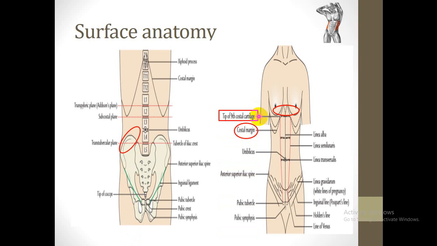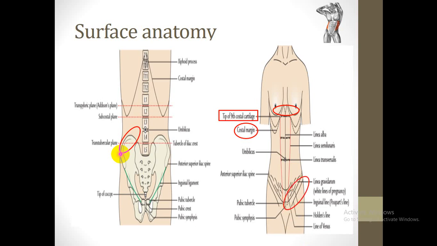The iliac crest is considered the lower limit of the anterior abdominal wall, and when we trace it anteriorly we reach the anterior superior iliac spine, and when we move 5 cm posteriorly we will find the iliac tubercle. This is the end of the first group. Then we will move to the second group, which is the soft tissue landmarks.